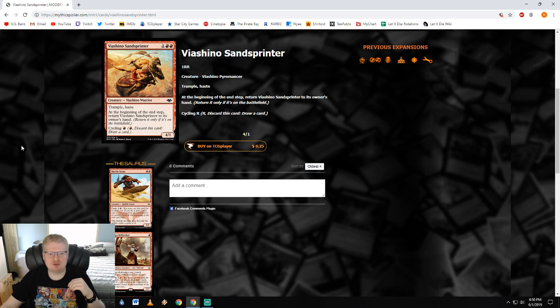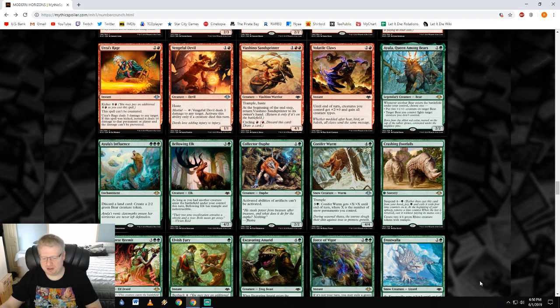Viashino Sand Sprinter. 2 red, 1 colorless, 4/1 trample, haste. At the beginning of the end step, return Viashino Sand Sprinter to its owner's hand. Cycling 1. Okay, this is an actual reprint, isn't it? Yeah, I'm pretty sure this is a reprint card. This card looks very familiar. This might be playable in Burn. I think the other card, the red Force card, is probably just better than this card, so probably not going to see play, but...